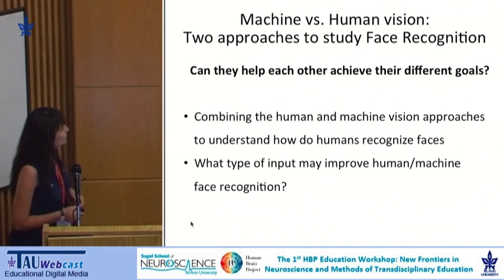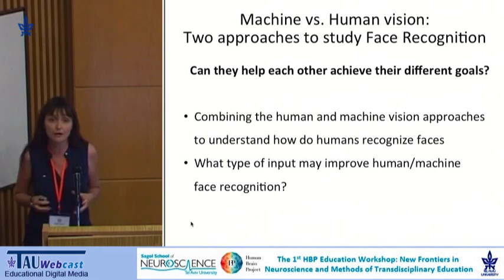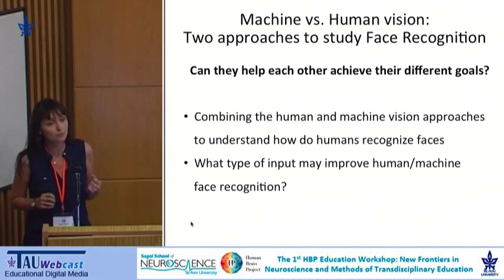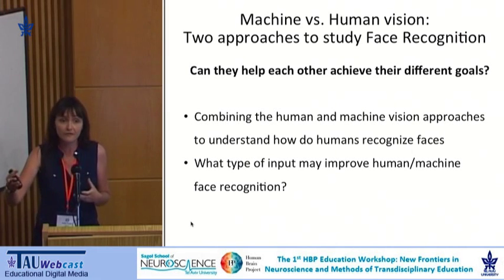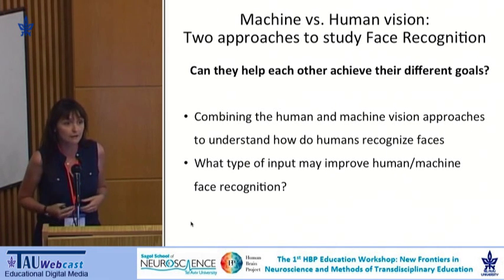So in the first half of my talk, I'm going to talk about an experiment in which we try to combine the computer-based and the human psychophysics approaches to understand what information we use to recognize faces. And in the second half of my talk, I'll talk about the type of input we want to provide to the brain in order